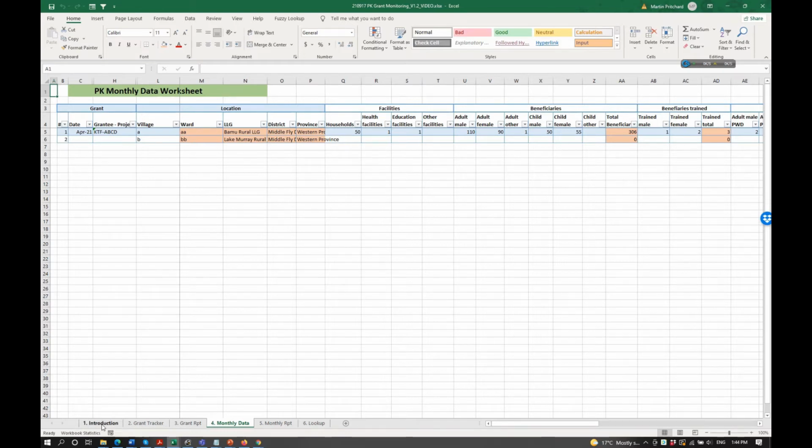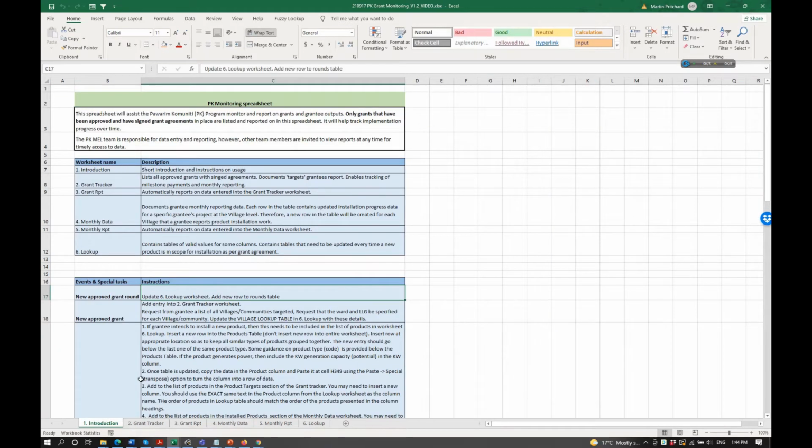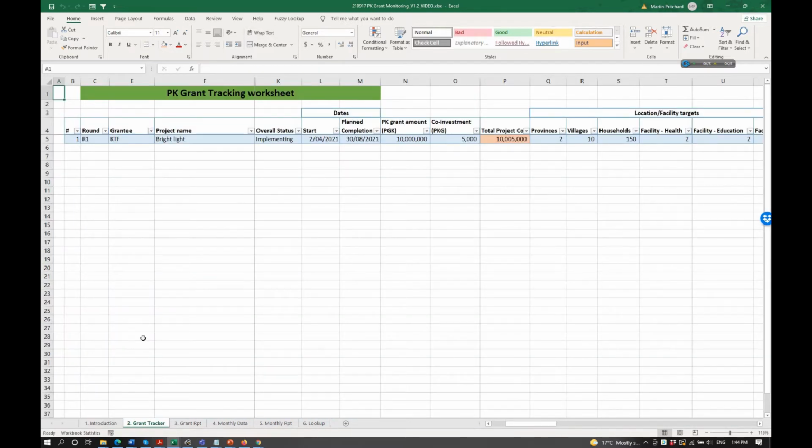We're going to quickly have a look at the spreadsheet. I'm not going to go into the details because some of that's already documented here in the introduction. So we've got the grant tracker table. This is more about the basics of entering data into Excel as opposed to anything else about grant tracker. If you're not used to entering data into Microsoft Excel tables, then this will be a quick primer for you. You can see here we have one row in the table,